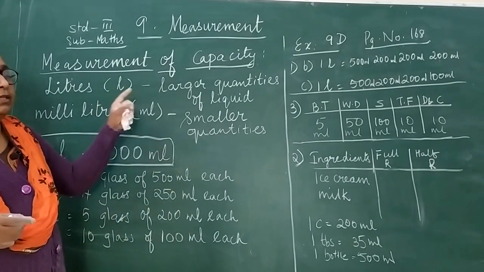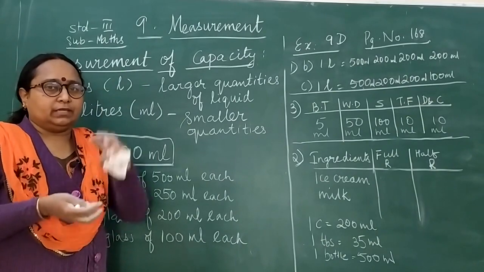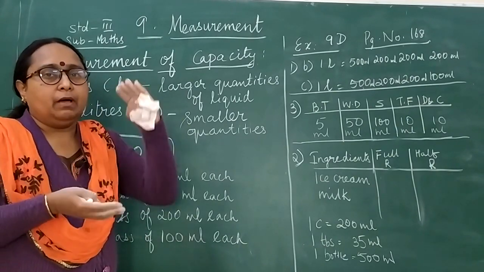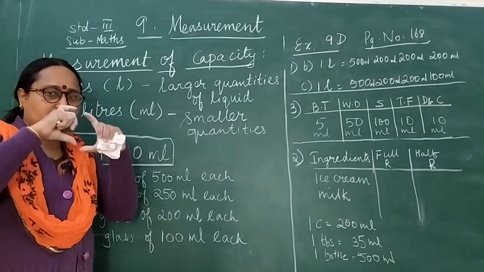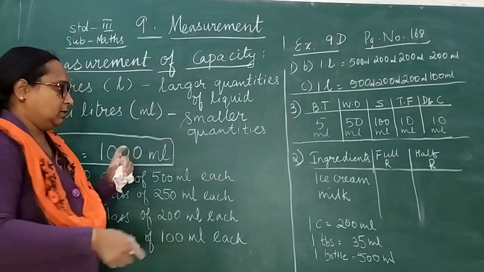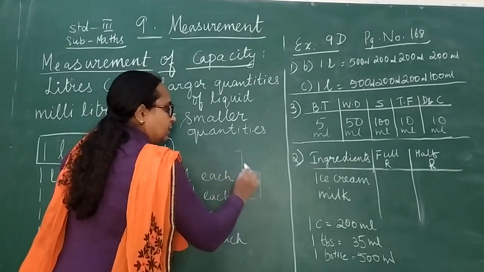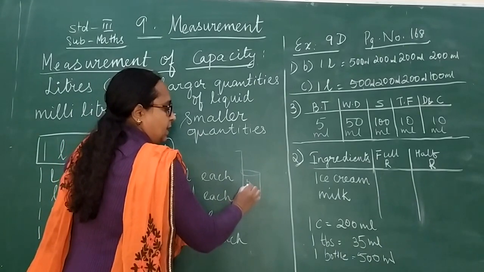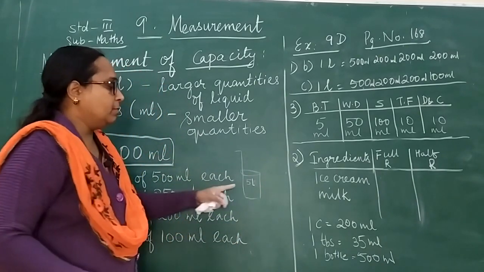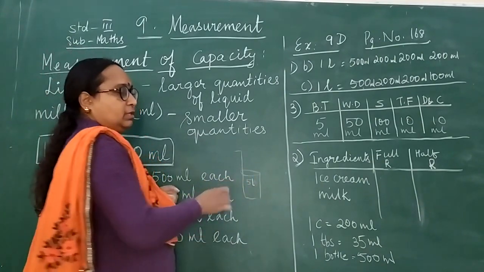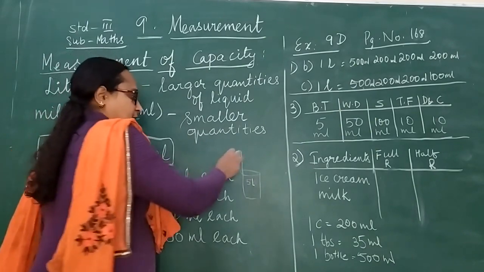Here you will be using the measuring jars, 5 liter, 10 liter, 2 liter, 1 liter. The milkman will be carrying the measuring jar, so that he will pour the milk first into that, till the 5 mark. You may have seen this. If you want 5 liter of milk, then he will first pour it into the jar and measure it to 5 liter, and then he will pour it into your vessel.